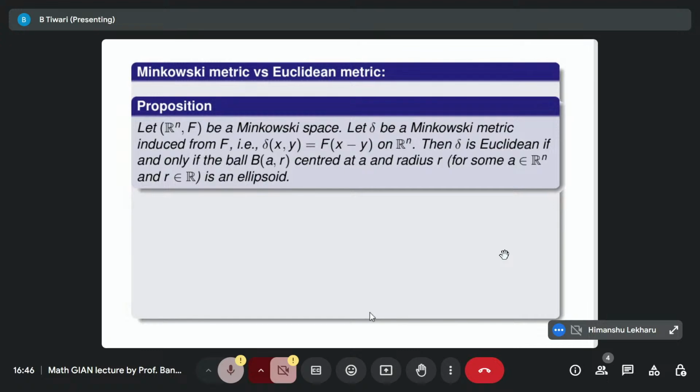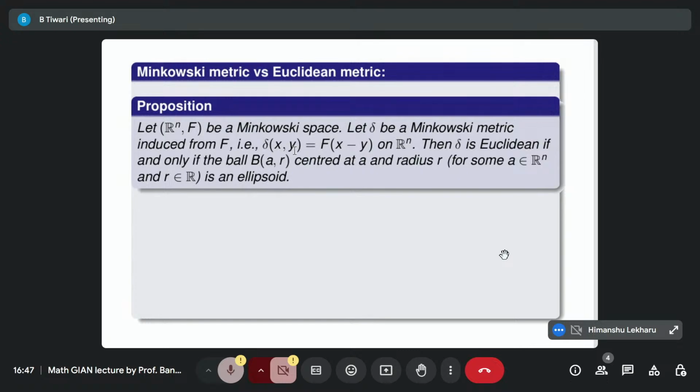Now, how does it differ from the Euclidean metric? There are some very important propositions. In most of our discussion, I will only talk about the results. Rarely will I prove anything, because I'm just giving an overview of Finsler geometry, so I will mostly state the results rather than going into the proofs. So, how does Minkowski geometry differ from Euclidean geometry? Let (R^n, F) be a Minkowski space. Here I am considering just a Minkowski metric, not a strongly convex one,